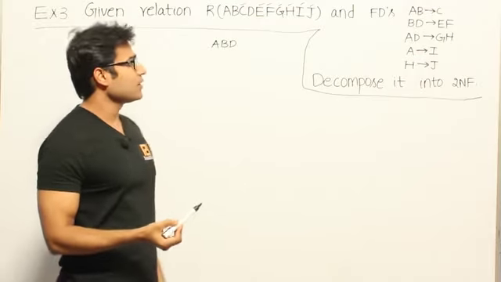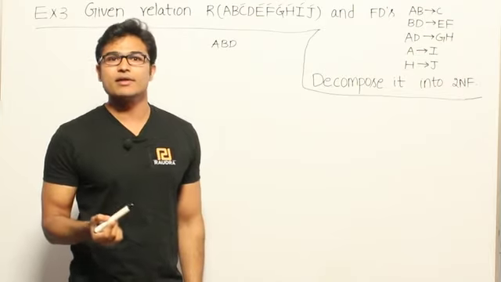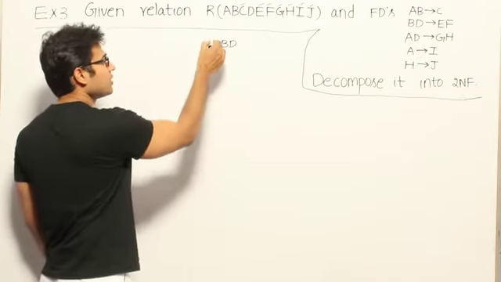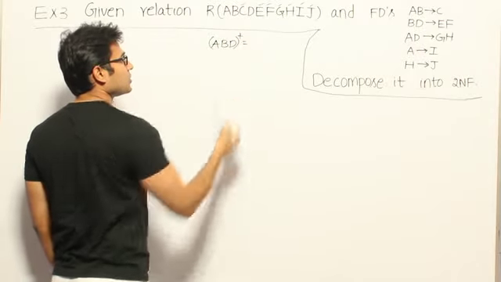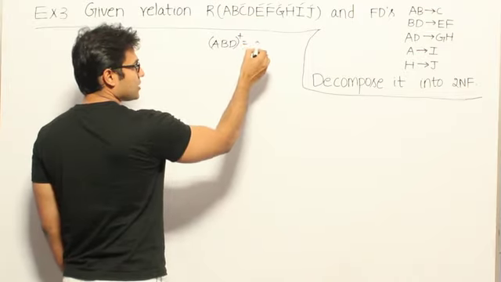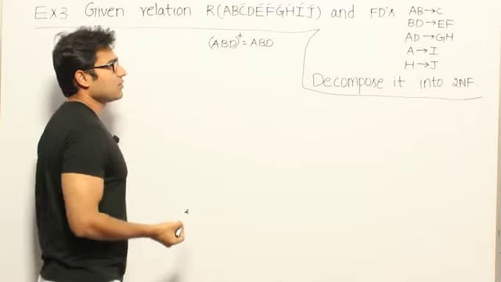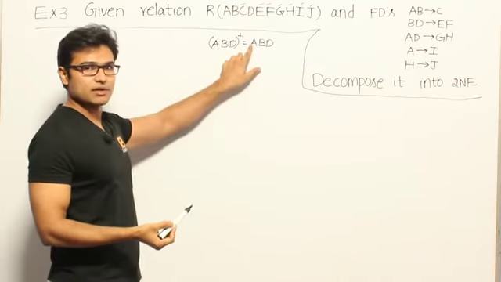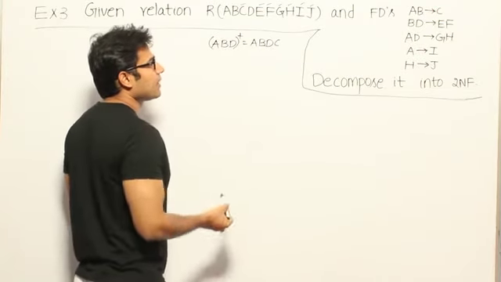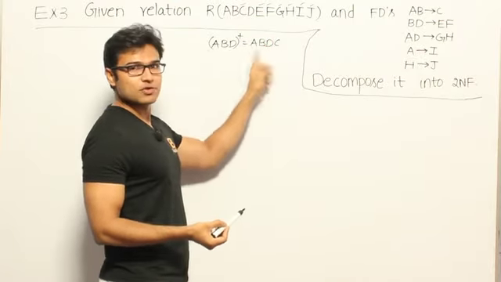Now let's check whether ABD is enough or not. See, ABD are necessary to be present in any candidate key. Now I want to check whether ABD is enough or not. So if I find out ABD plus, the closure of ABD, I am going to write ABD first. Now from the first functional dependency, AD is there on the left side, and here also AD is there. Therefore I can include its right hand side, which means C. And again BD is there on the left side, and BD is here as well, so I can include E